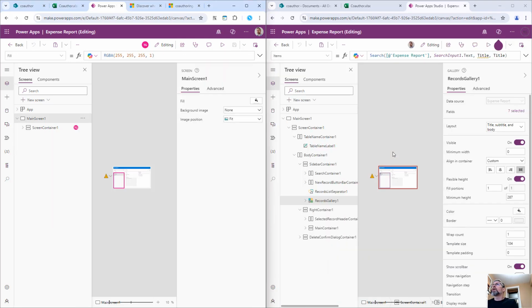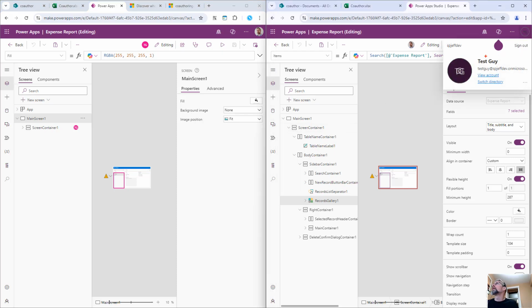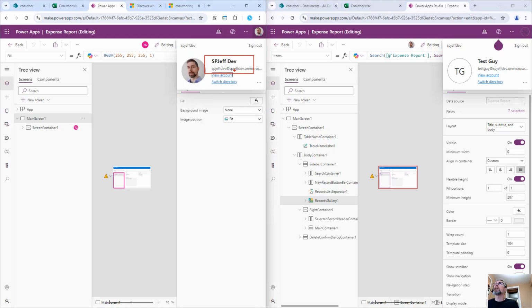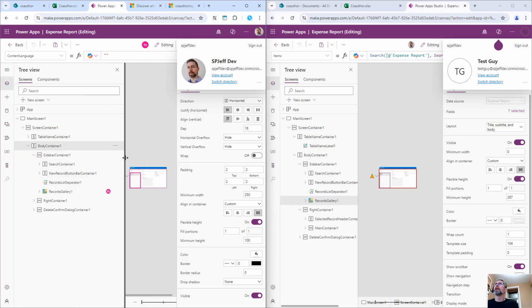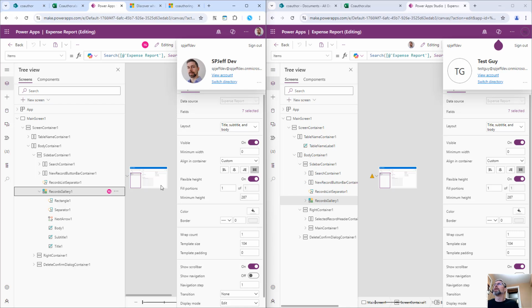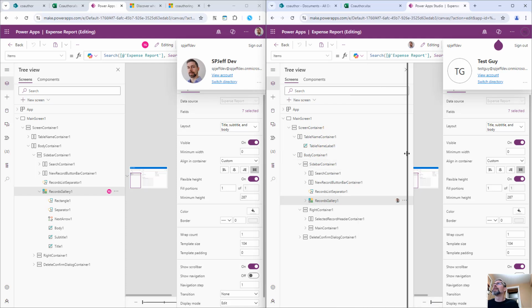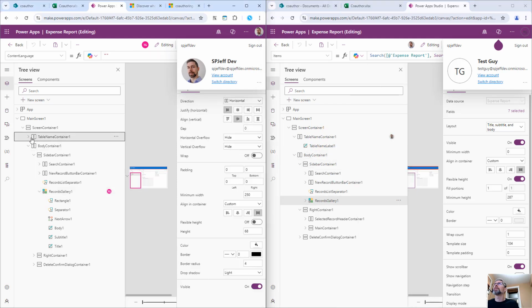And now we're back inside PowerApps. We've opened it on the right-hand side with test guy. When you're logged in as test guy, you see an icon for another user, for Jeff. When you're logged in as Jeff, you see test guy next to the editing. It shows me where in the hierarchy test guy is working. He's actually working inside the records gallery right now, which is crazy because that's the item I've selected over here. It's super cool. And now if I move this one up to table name, then from test guy's perspective,